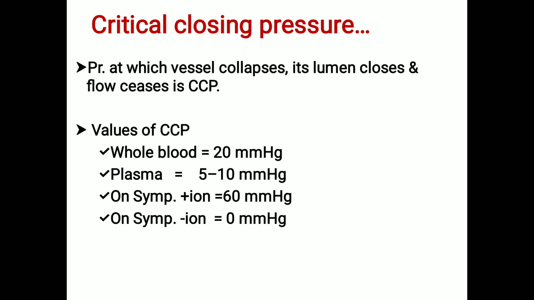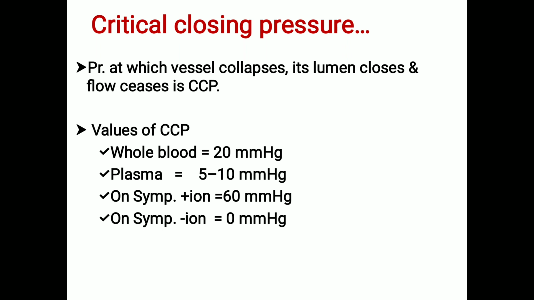Of course, there are various factors on which this viscosity is dependent. One is the PCV, packed cell volume, or hematocrit, and also vessel diameter, temperature, and plasma protein. In that, we have looked into the plasma protein, temperature, and PCV. There is one concept we call plasma skimming also. Due to this plasma skimming, the hematocrit value will be low in capillary blood, which is less than that of the venous blood.